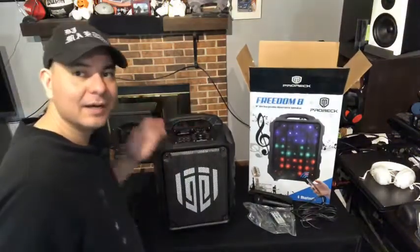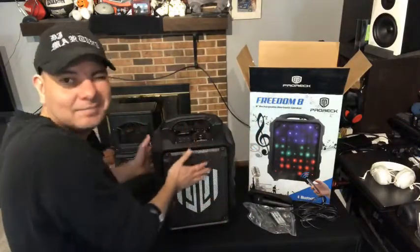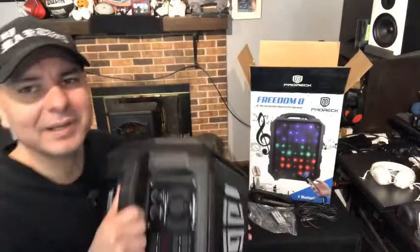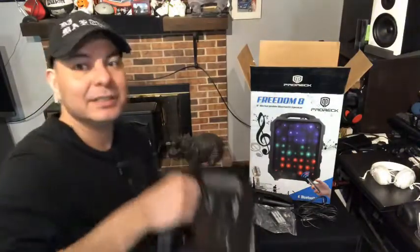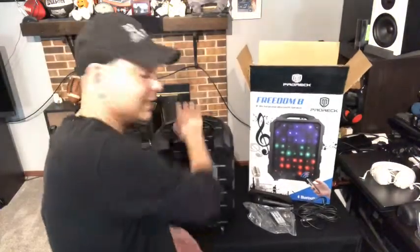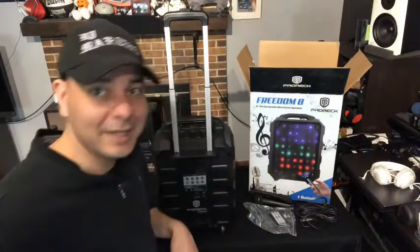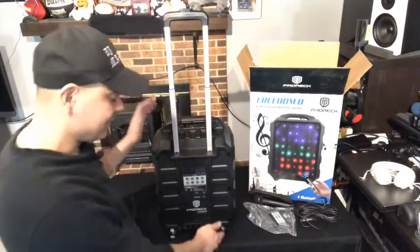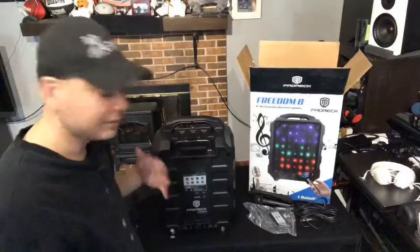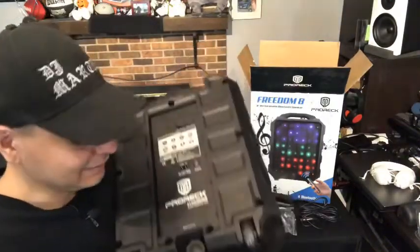Has this handle. The box says everything in the box weighs 22 pounds. So I would imagine that this weighs like 15 to 18 pounds probably. But when you pick it up, it's not killing you. So it is portable. And I do like the handle on the top, but then you also have, and we'll start at the back here, you also have the luggage carry thing. So you have that, and it does have wheels. The wheels look good, locks in. It's up to you. It has wheels there, has